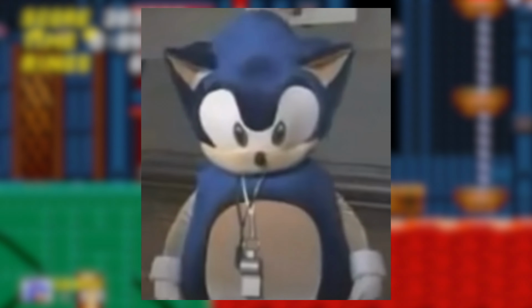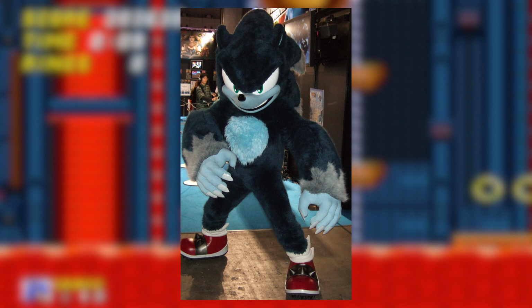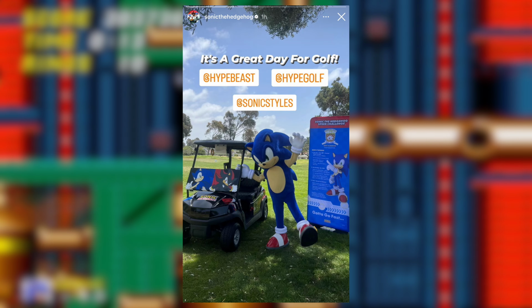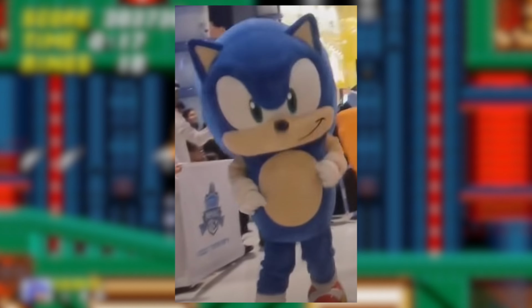Now let's look at the modern era mascots. Why is this one built like a Lego figure? There's this really outstanding Werehog costume. It looks really on model with the actual Werehog. There was also a normal Sonic used that looks really good, and we would see Sega use this a lot more afterwards. They would update the inflatable-like costumes to make the torso more slim,